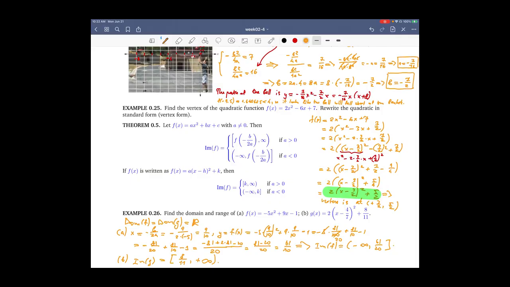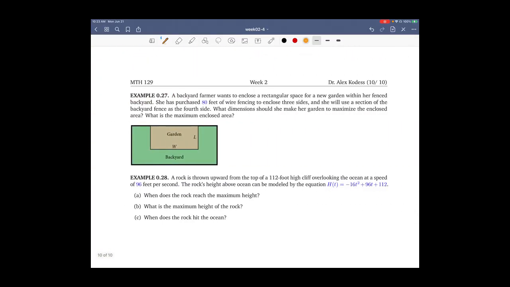All right, and maybe a couple more examples. In example 27, a farmer wants to enclose a rectangular space within her fenced backyard. She has purchased 80 feet of wire fencing, and she will use a section of the fence as the fourth side. So there will be no fencing here because